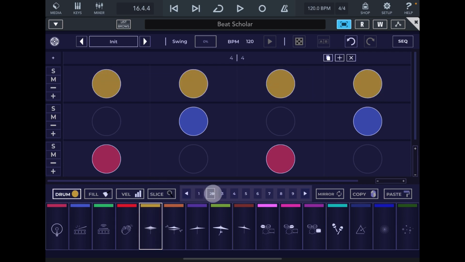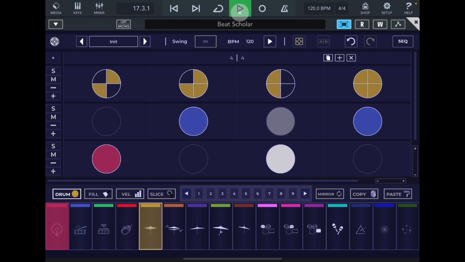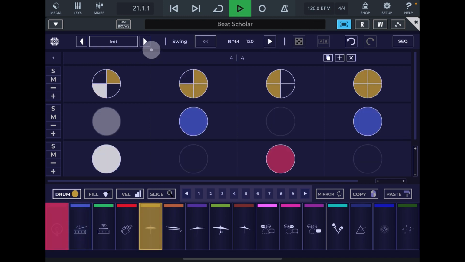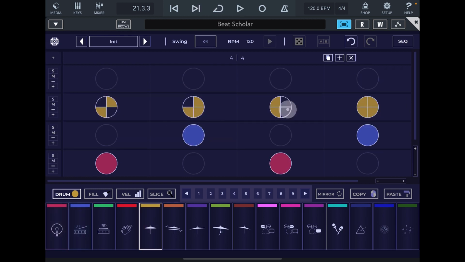And in fact, what I will do is just split these like this and have these play this, so it's a bit simpler. Like I said, once you've got something basic like that, you can then add in more lanes,